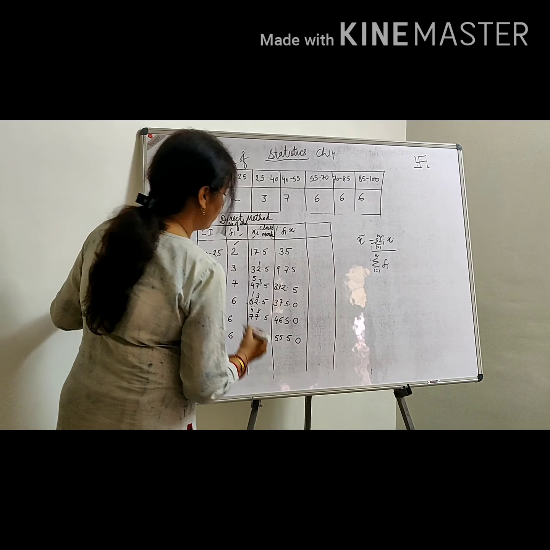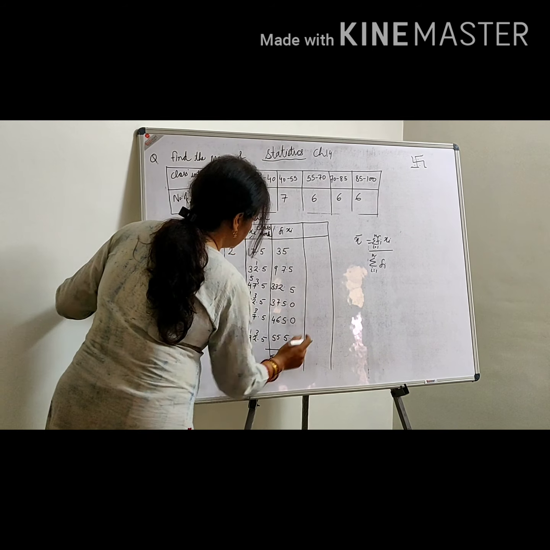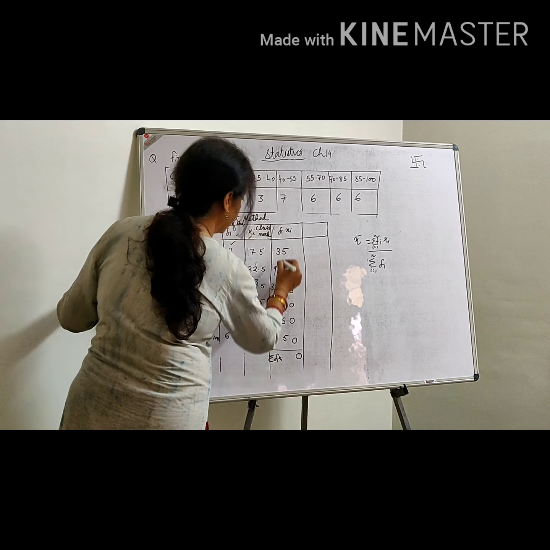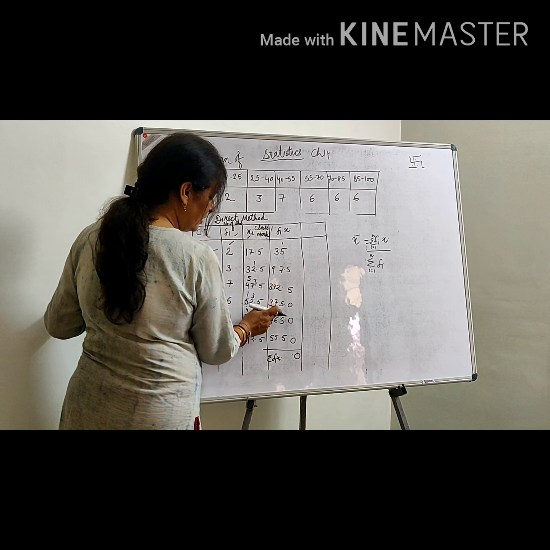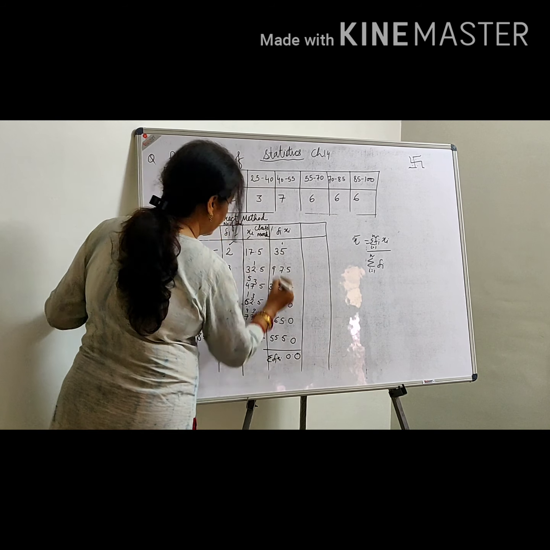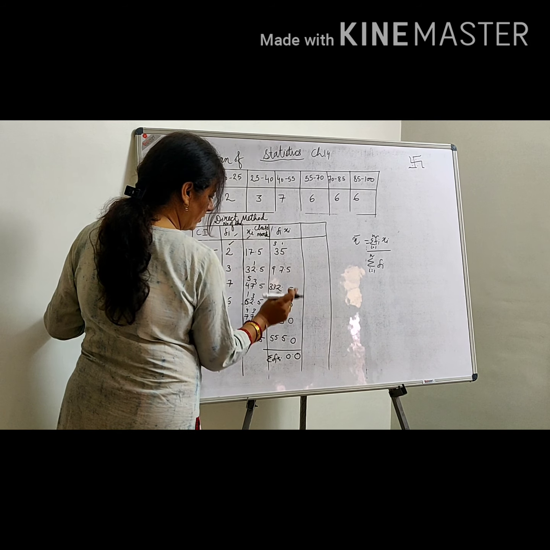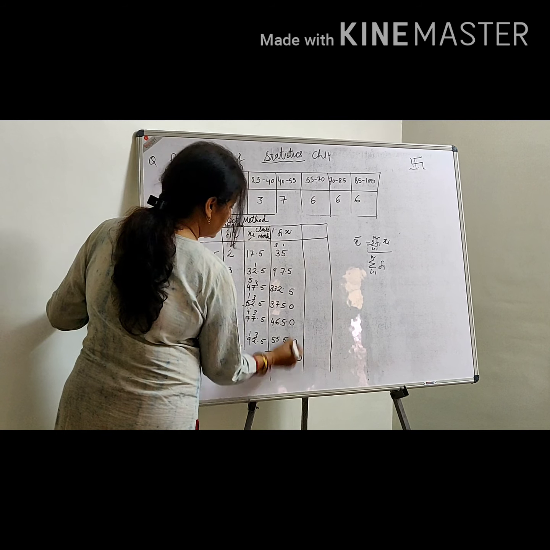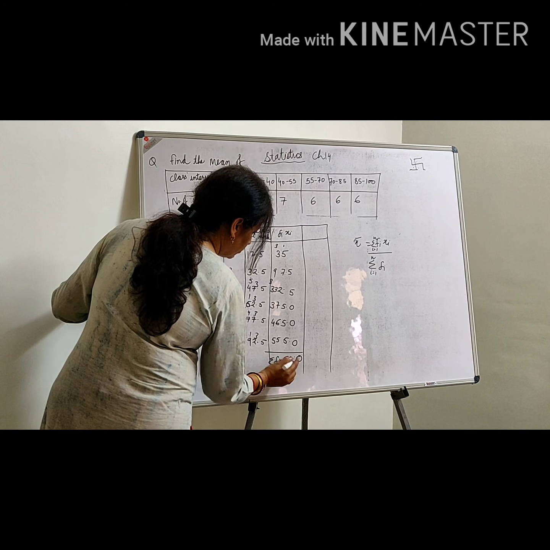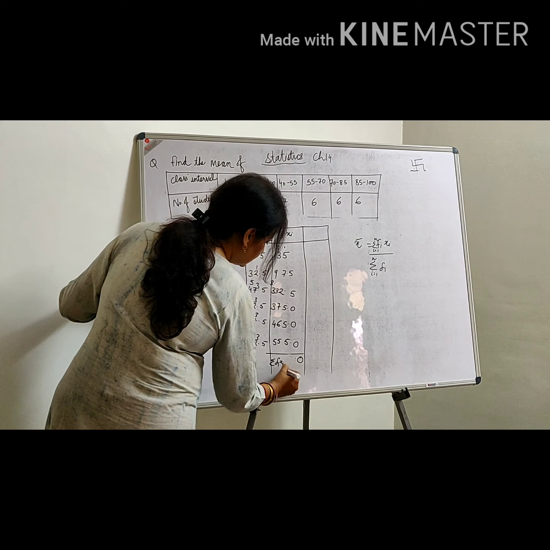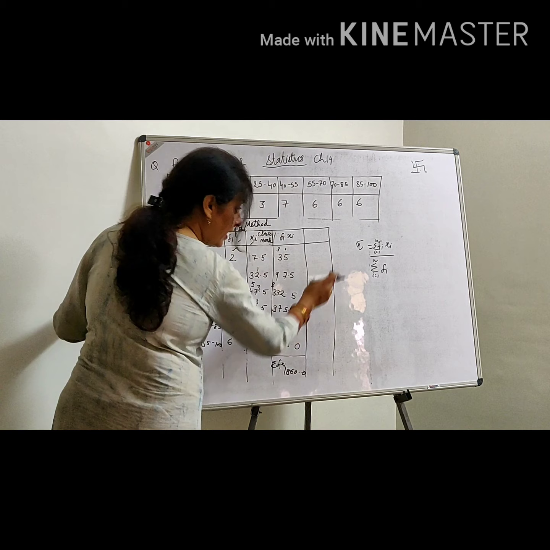Now since you need summation of fi xi, then let us find out summation of fi xi. This is 5 and 5 is 10, 1 carry 1. This is 7 plus 5, 12, 13, 14, 15, 25 and 30, 3 carry 1. This is 6 plus 9, 15, 18, 25, 30, 36, 3 carry 1. 3 3s are 9, 9 and 9, 18. So I am writing it here 1860.0.